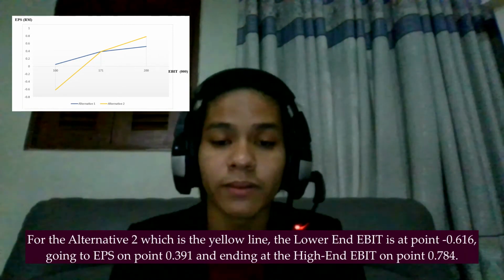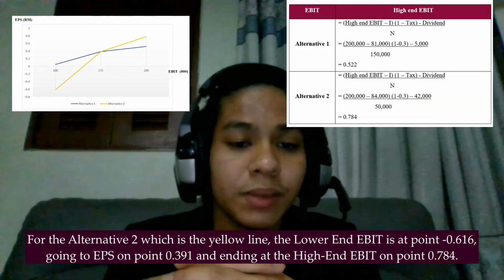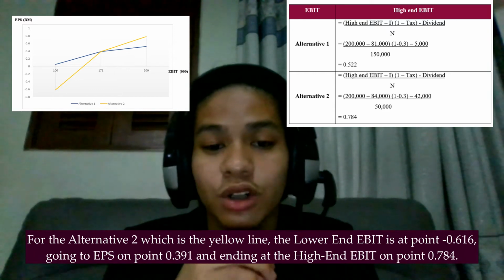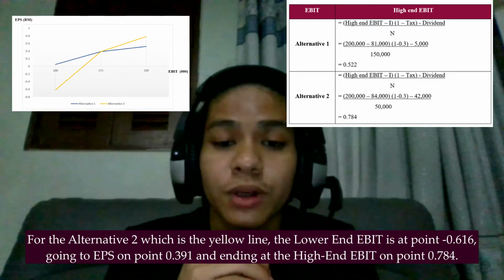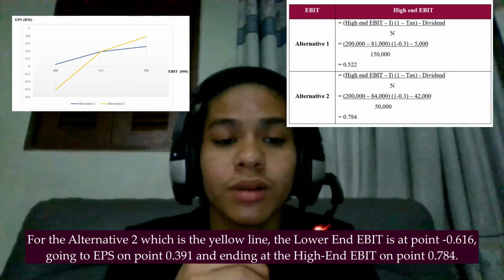0.522. For alternative 2, which is the yellow line, the lower end EBIT is at point negative 0.616, going to EPS on point 0.391 and ending at the high end EBIT on point